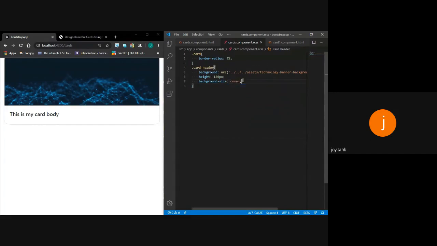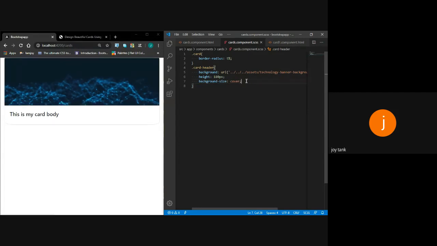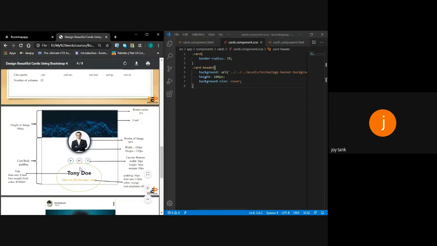If you are not using the background size property, you can see the difference: the image is in zoom mode. If you want the image to fully cover the card, you need to use background cover.